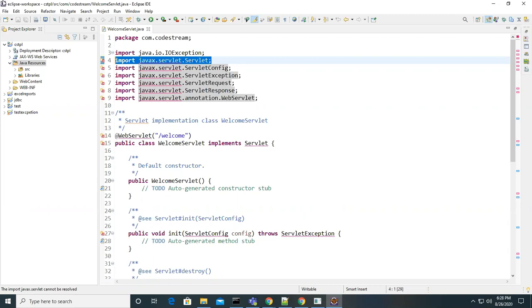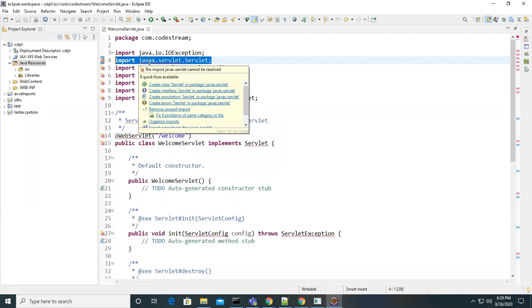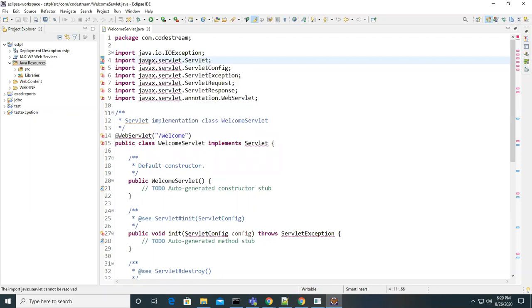Apache Tomcat, sir. Yes, right. This package is available in the Apache Tomcat server. But let me ask in another way. This is the compilation error I am getting. How do I resolve this error? You don't need to tell where it is available and all those things. But how to resolve this issue? What do I have to do?